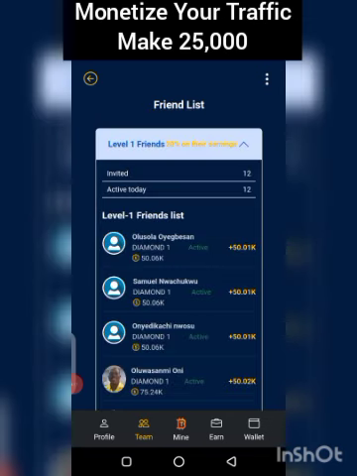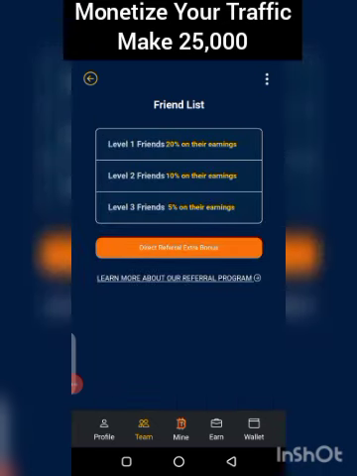As you can see, I have my 12 referrals on my level 1, and you need 12 people minimum on your level 1. So tap on level 1 and just send me the screenshots of your level 1 referrals. Send it to my DM so that I can know how many referrals you have for level 1, and then I'm going to plug in your referral link into a traffic software that I am using, because the rule of